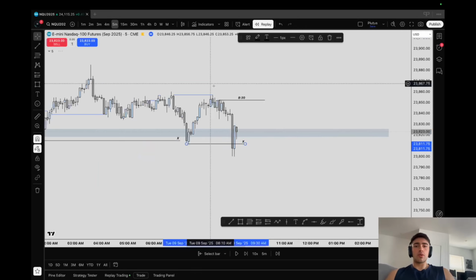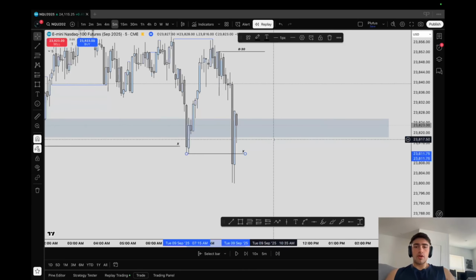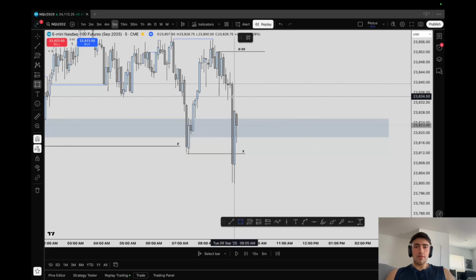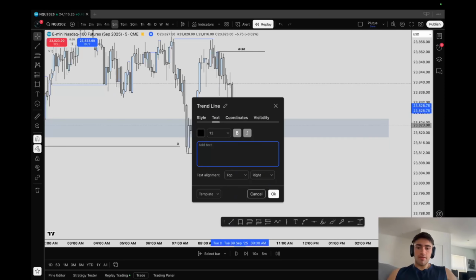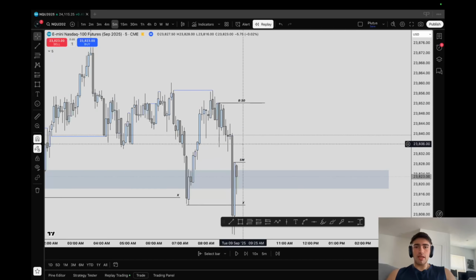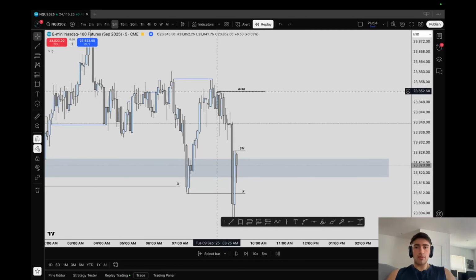Now I'm looking for a lower time frame inversion, right? In this occasion, we have this 5-minute, but it has yet to be mitigated. So I'm looking to see if I can get an entry before the 5-minute gets mitigated, and I'll use the 5-minute as my break even so that I can target the 8:30 high, right, which is equal highs again.